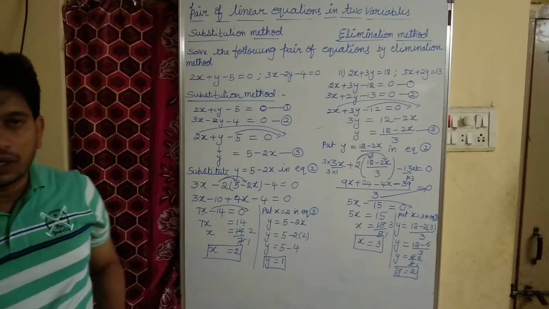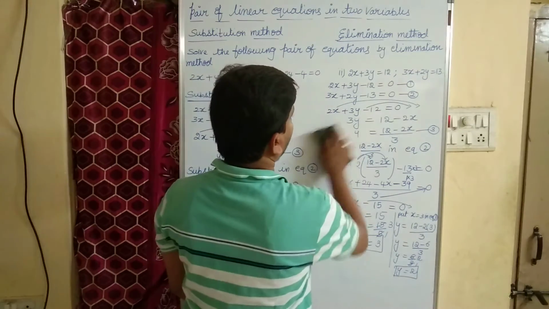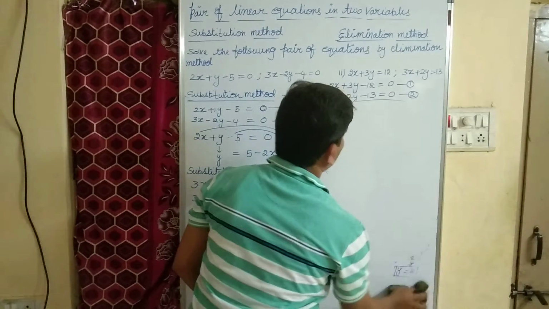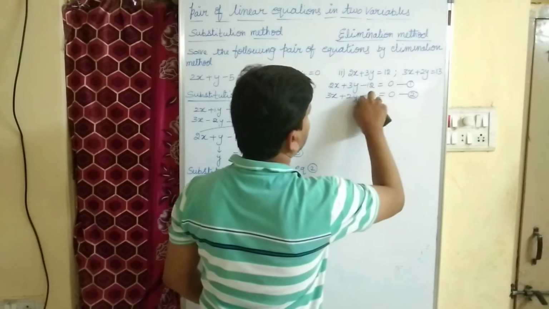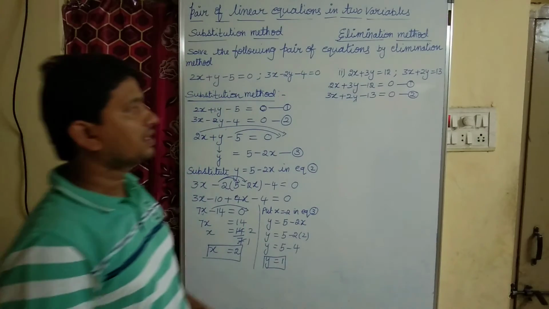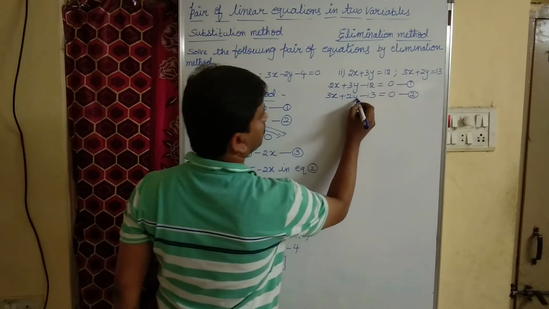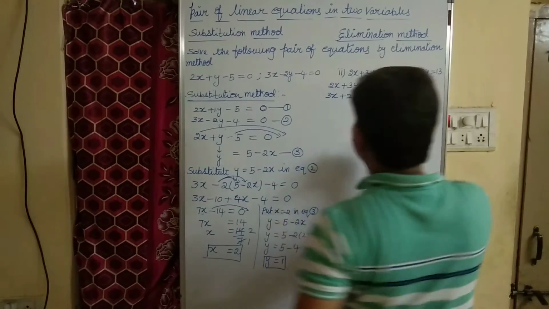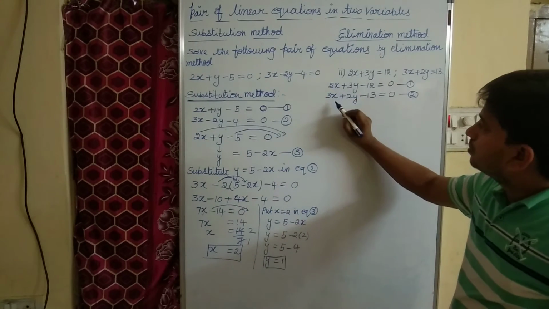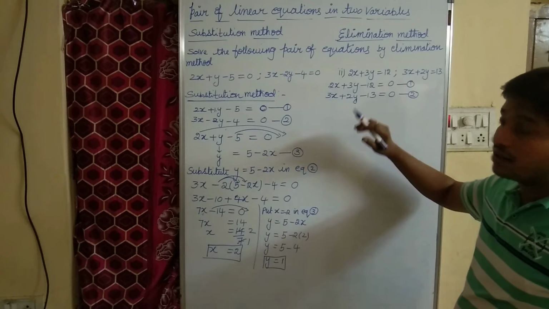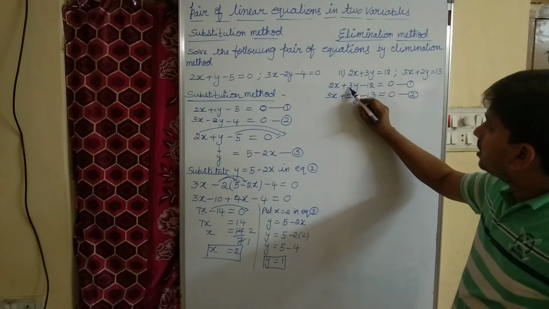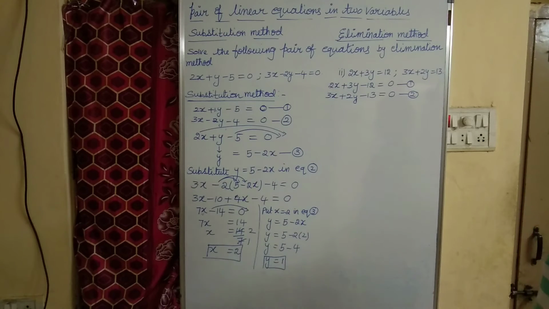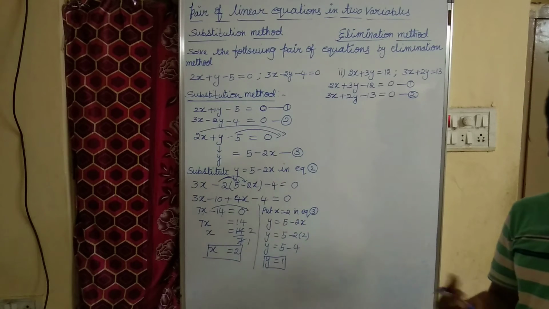Okay? For the same problem, let us go with the elimination method as well. System of equations: 2x plus 3y minus 12 equal to 0, 3x plus 2y minus 13 equal to 0. Again here, if you observe, the coefficient of x here is 2, here the coefficient of x is 3. They are not equal. Here the coefficient of y is 3, here the coefficient of y is 2. They are also not equal. So what to do? We need to equate either the x coefficient or the y coefficient.